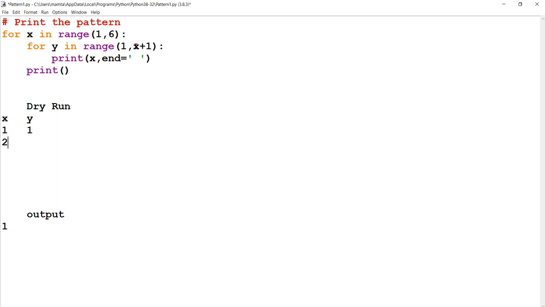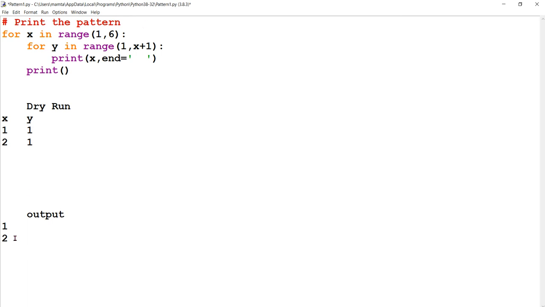So now X's value will become 2. So based on that, this will become 3. So that means the inner loop will be iterating for 2 times, that is 1 and 2. So again Y's value will be 1. So now when Y's value is 1, X's value is printed, and my cursor was there in the next line. You have to consider the output also. So cursor was there in the next line. So here X's value will be printed. Now X's value is 2. So here it is 2.